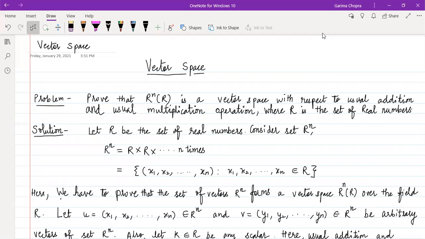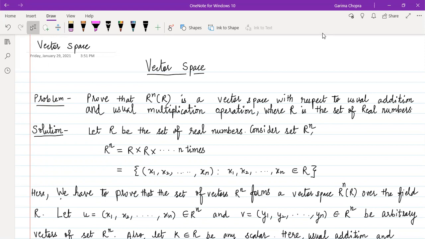Namaskar students. In this video, we will take an example, and in that example, we will prove vector space. In our previous video, we have discussed the definition of vector space. We have discussed the axioms of vector space. And here, with the help of one problem, we will be seeing how we will be verifying these axioms,